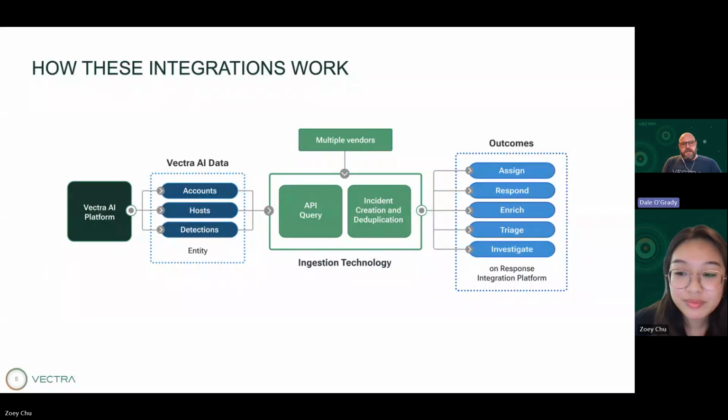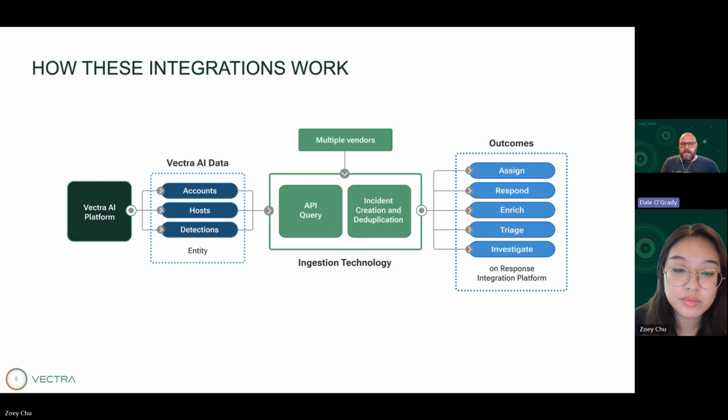Yeah, so if we look at it from the Vectra perspective and the Respond UX perspective, there can be different ways for SOARs in general to work, but for the most part, the SOAR itself is going to be pulling or requesting the data. And in the Vectra world, that's done by using the RESTful API. So the SOAR runs the application that, on a polling interval, might be every minute, might be every 5, 10 minutes, is going to communicate with the Vectra platform, making these REST API queries that are going to essentially